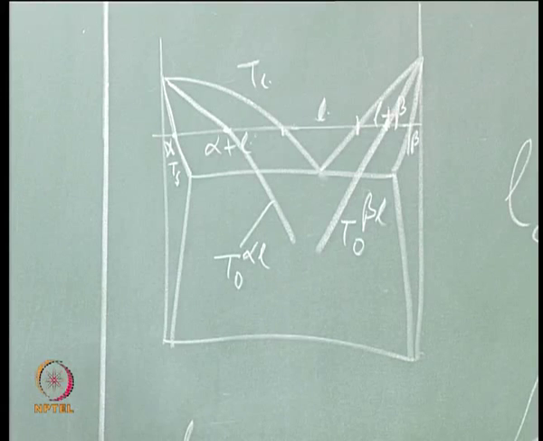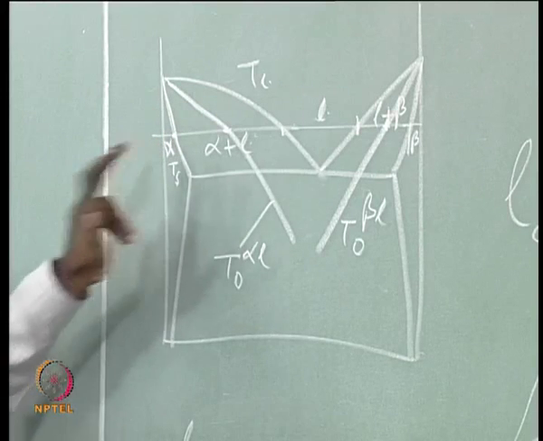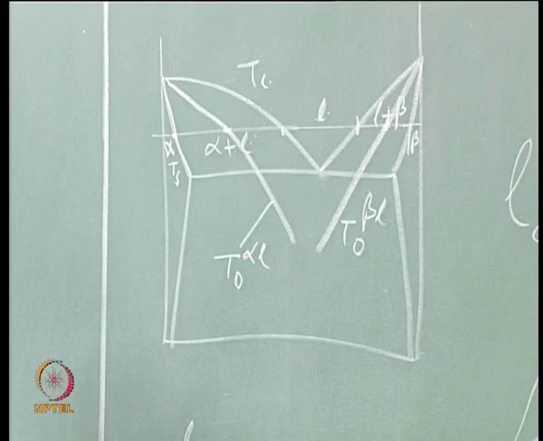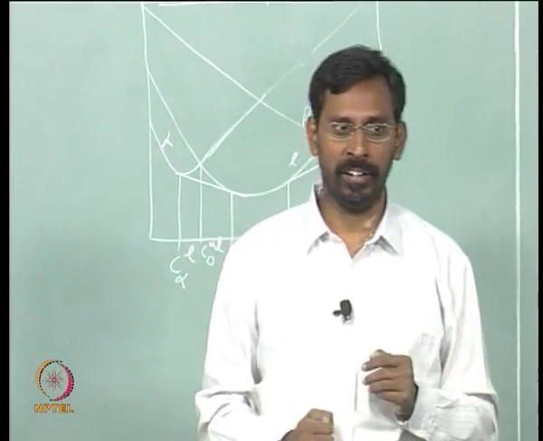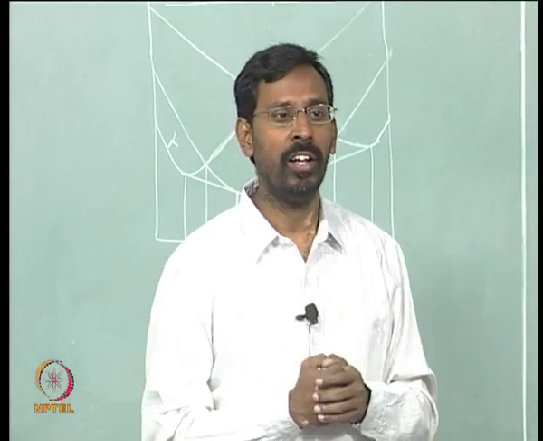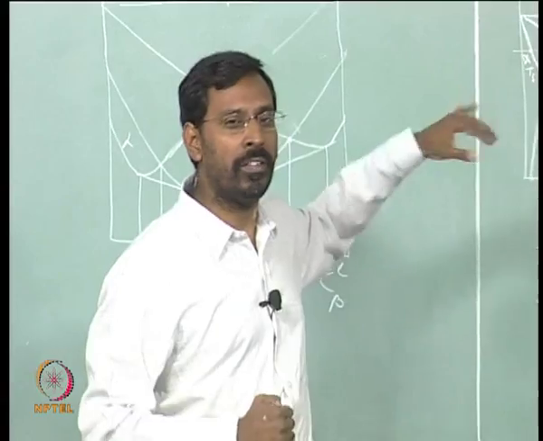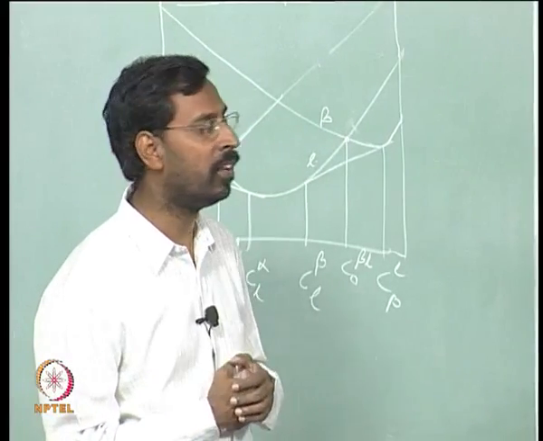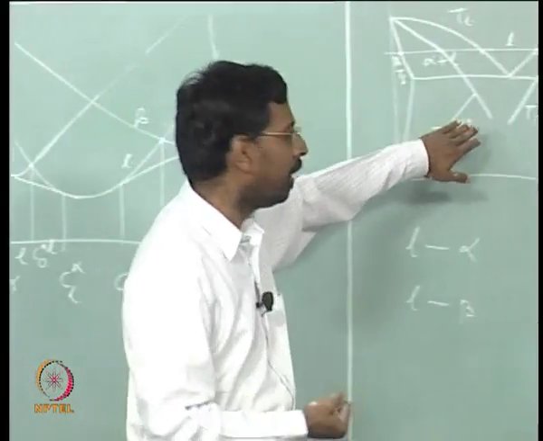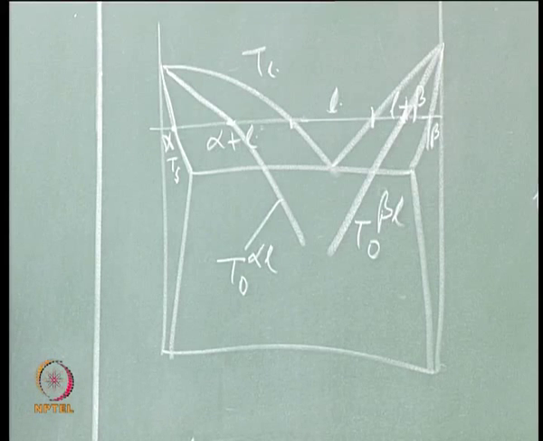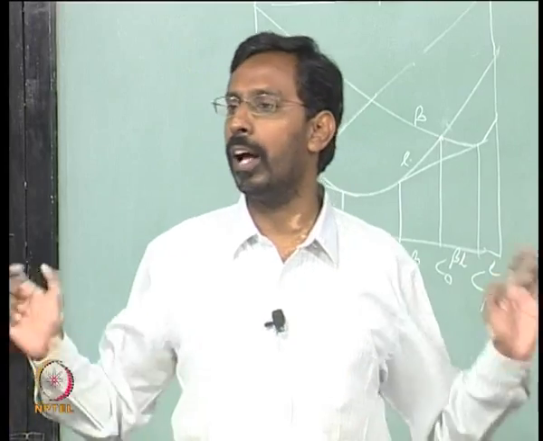Most of the time you do not use a DSC; even a DTA would be sufficient if you want to get the liquidus and solidus. Even a DTA, or a simple thermal analysis, can be sufficient, depending of course on how shallow or how deep it is. But for any free energy calculations what you need is Cp data and delta H data. These two data are required if you want to really calculate the free energy for anything. If you have these two data available you can always calculate.